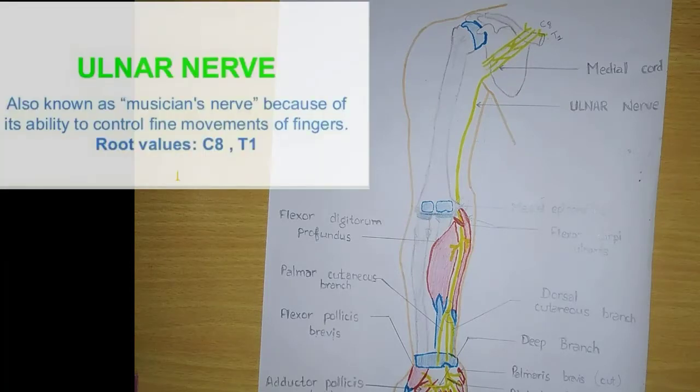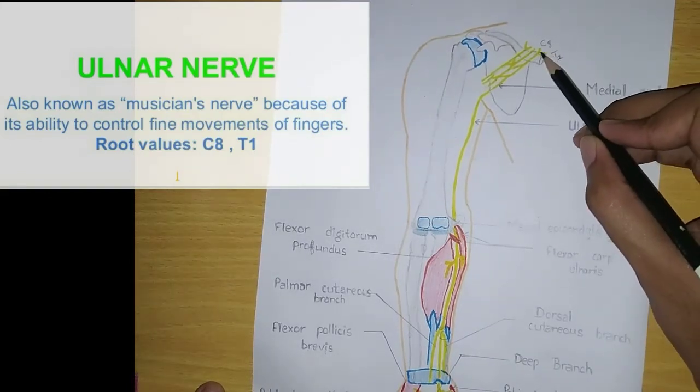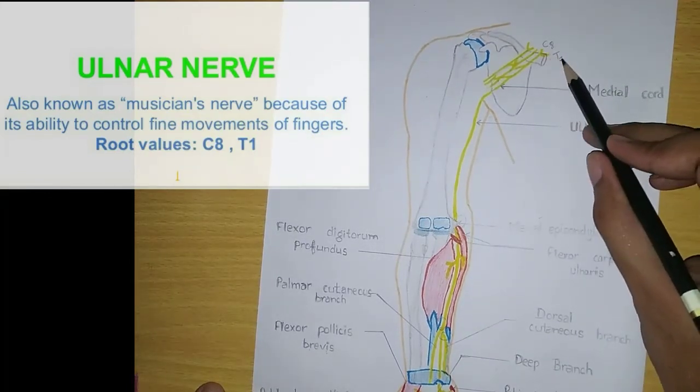Ulnar nerve is also known as magician's nerve because of its ability to control the fine movements of the finger. And if we talk about the root values of ulnar nerve, then C8 and T1 are the root values of